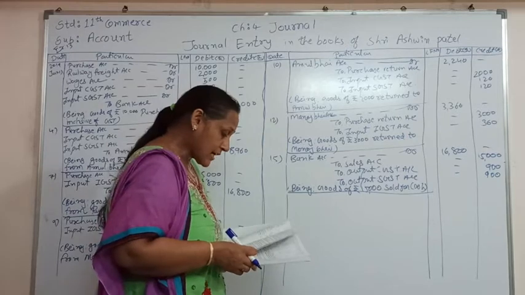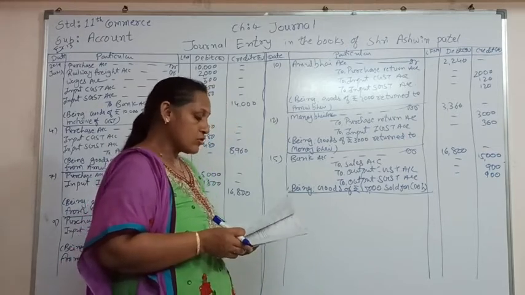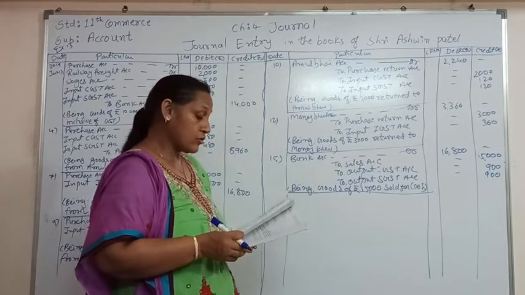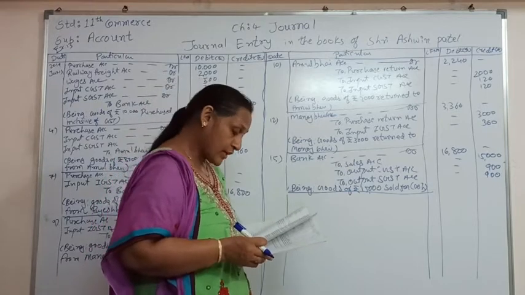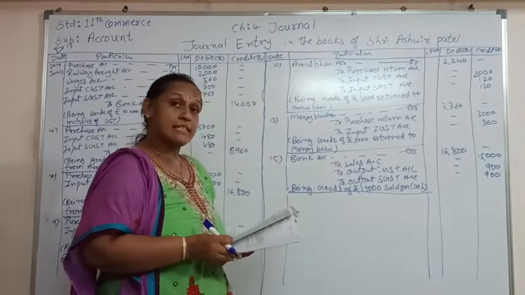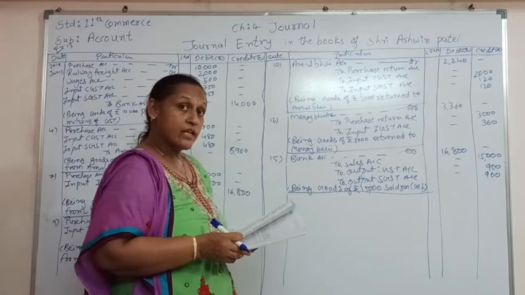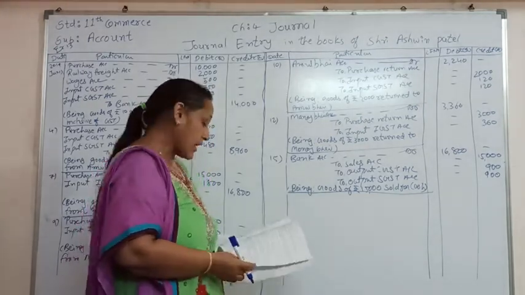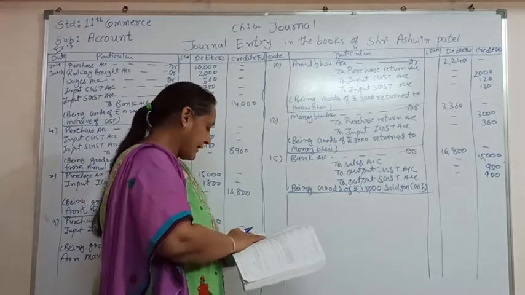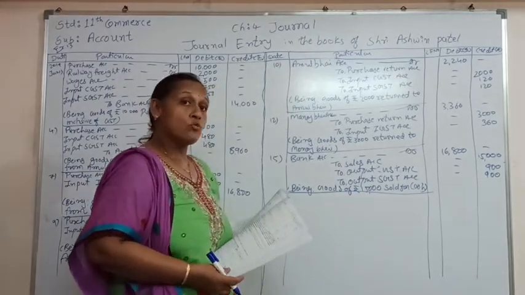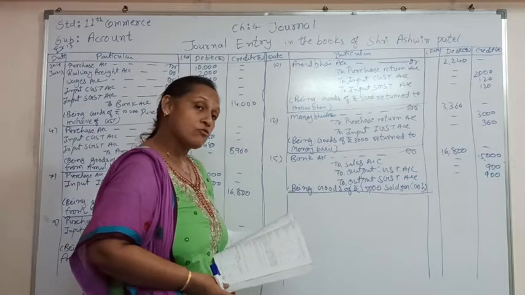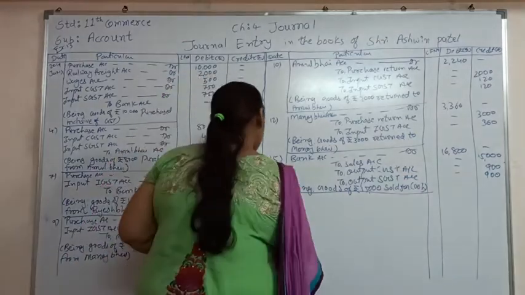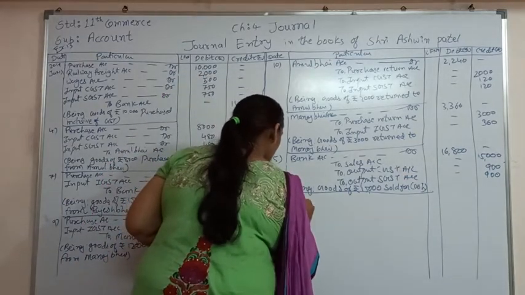So Vinod Bhai account debit to sales, to railway freight. Here we have paid railway freight and wages on behalf of him, so we are going to pay by cash. So, to cash account, to output CGST and output SGST. That journal entry is supposed to be passed. Vinod Bhai account